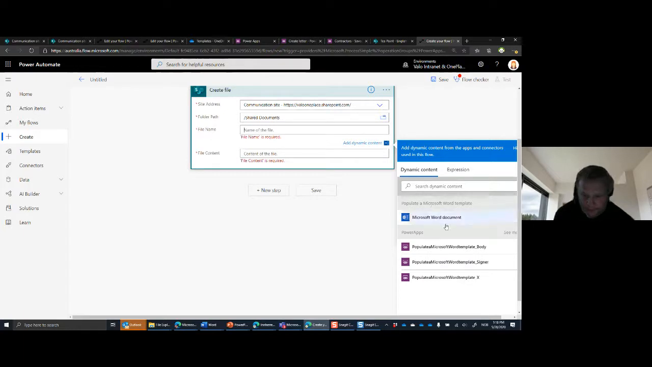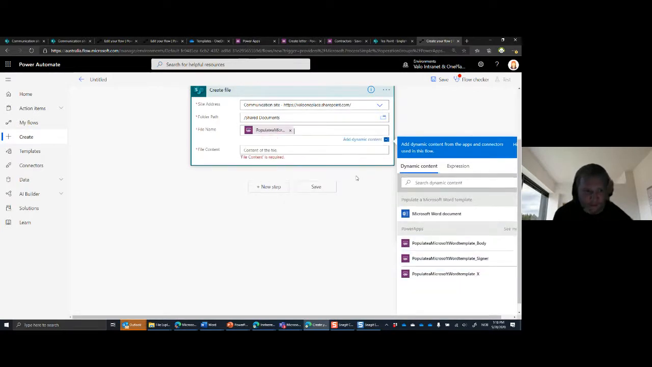So that's why I will just go in here, and for this case, I will just put the signer as the name for this example. Actually, we can use X. And then we just put in here